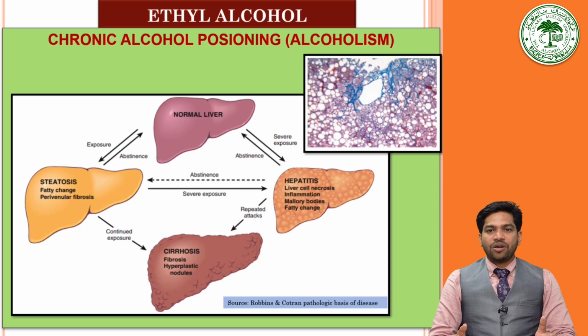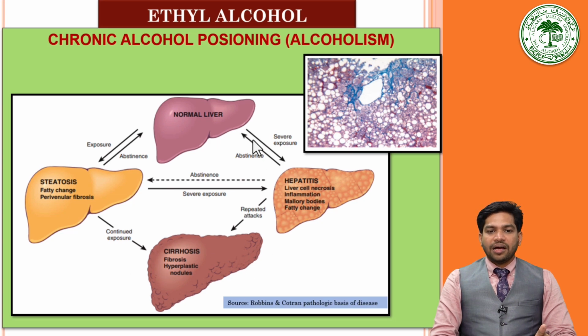It is very well known that alcohol causes damage to the liver. So, the normal liver on exposure to alcohol changes into steatosis, that is the fatty change, and then cirrhosis develops on continuous exposure. Here you can see in the picture that normal liver to steatosis is a reversible phenomenon, whereas when continuous exposure leads to cirrhosis, it is an irreversible phenomenon, that is, fibrosis of the liver has